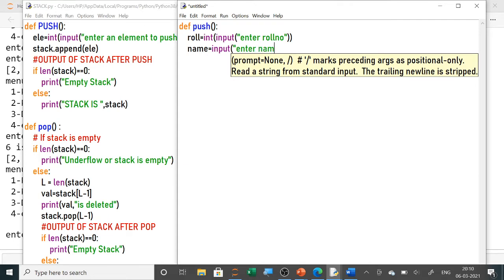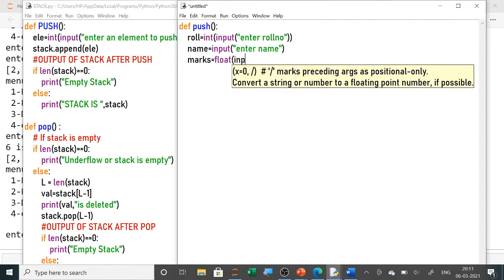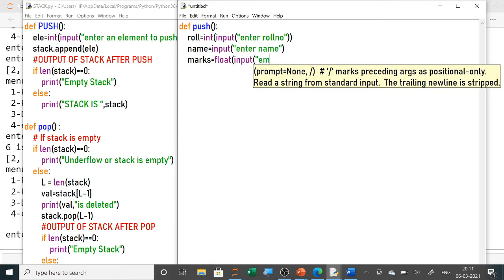नेम के लिए इनपुट लिखेंगे, एंटर नेम, और मार्क्स भी अगर डिस्प्ले कराने हैं तो फिर हम उसमें मार्क्स भी डाल देंगे। यहाँ पे एंटर मार्क्स या टोटल, सपोज एक सब्जेक्ट का मार्क्स हम लोग बना रहे हैं और उसमें फ्लोट ले रहे हैं तो फ्लोट डेसिमल में आ जाएगा, इनपुट, एंटर मार्क्स।